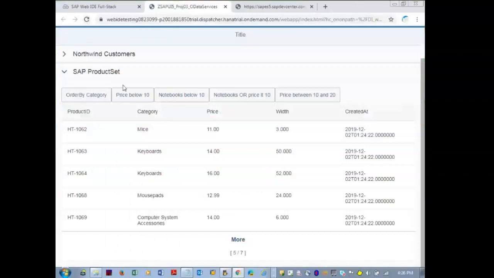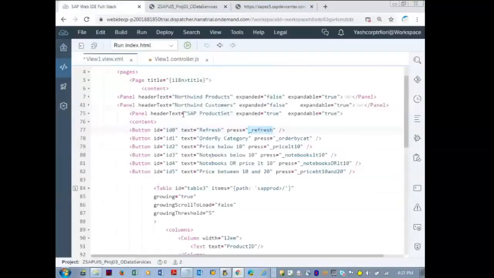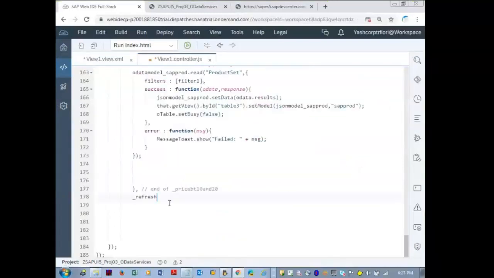When I refresh the browser, the table gets the data which we wrote in the onInit function. So for this refresh also, we can call the onInit function directly. To call one function in another function, you can use this dot and address the other functions, this dot.